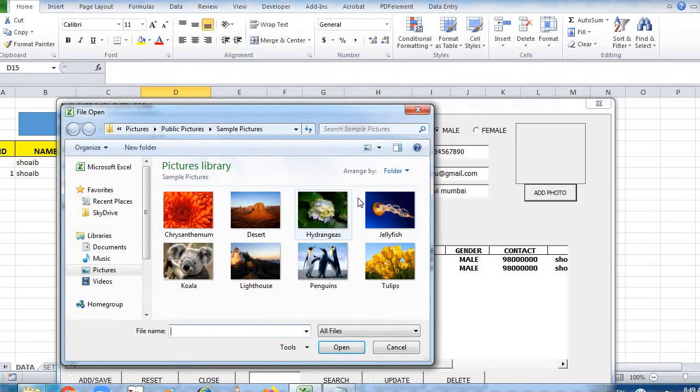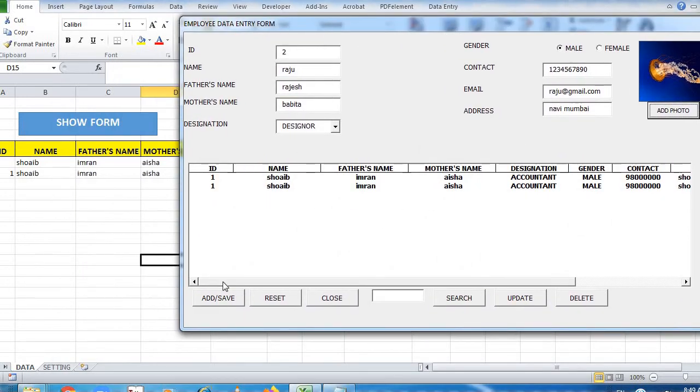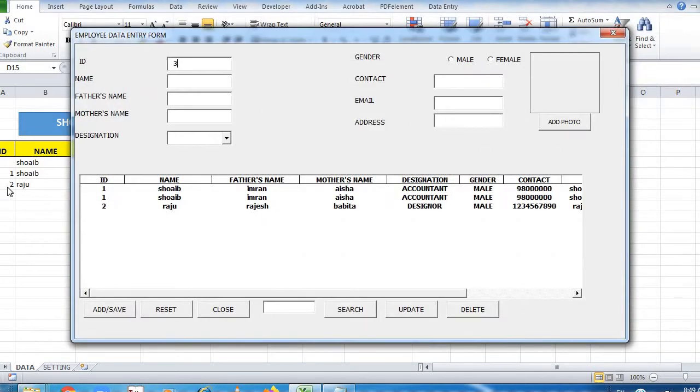Add photo, click on Add Save. So the second record has come, and the ID has come automatically.